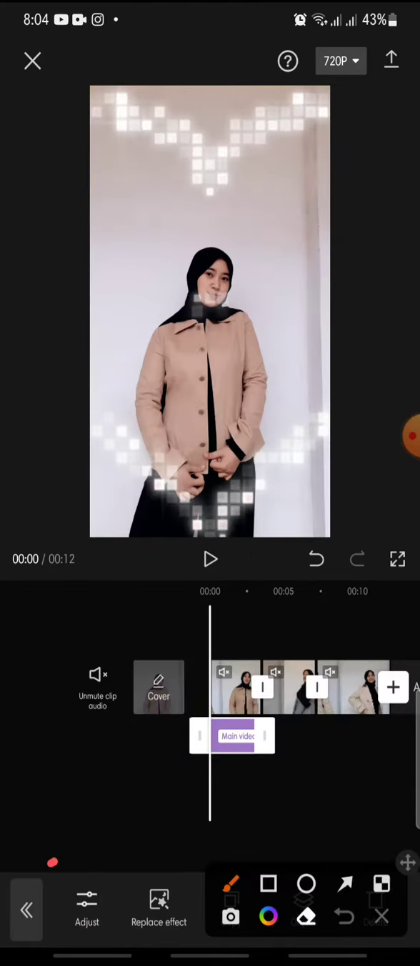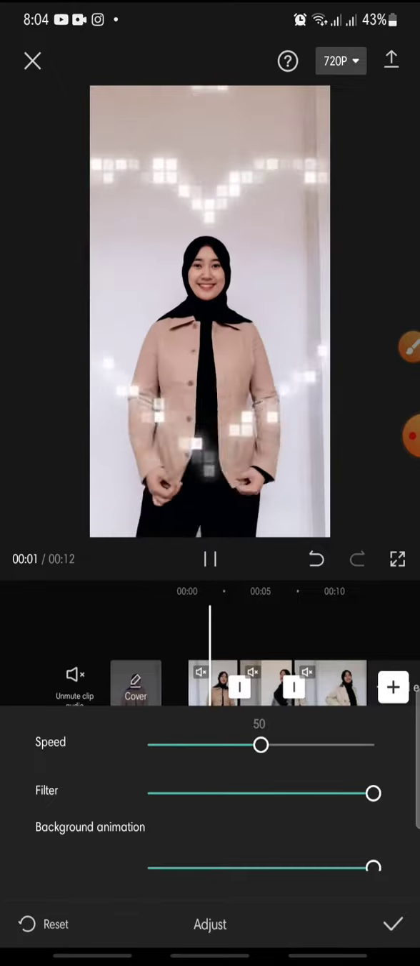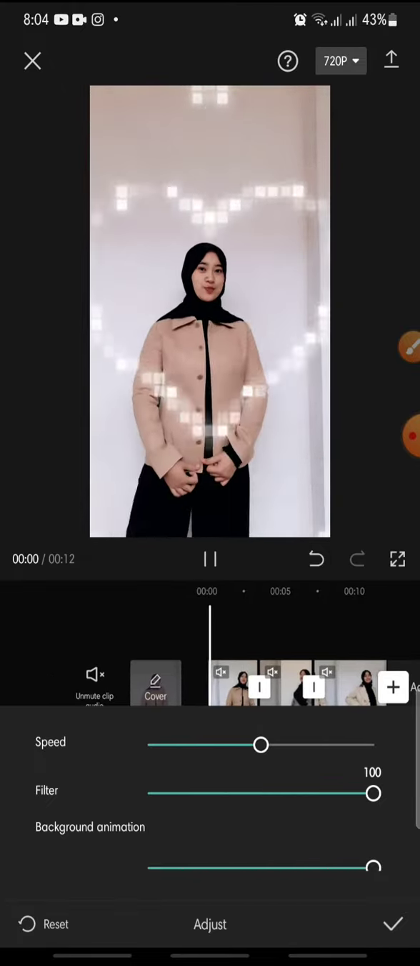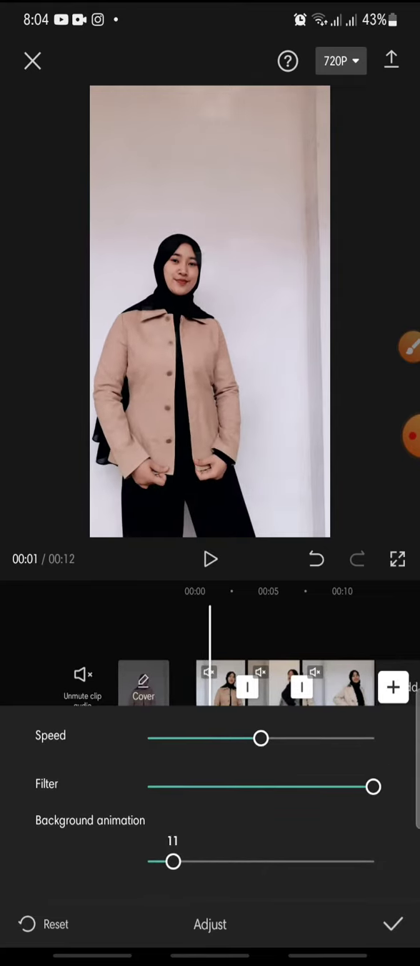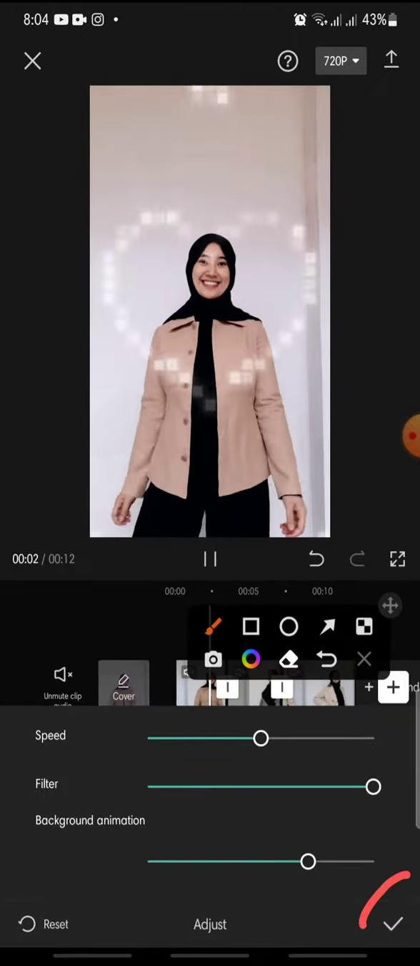And now you can adjust the effect, so you just click on the adjust, and then you can adjust for the speed, for the filter, and then for the background animation. And after this you can click check icon in here,